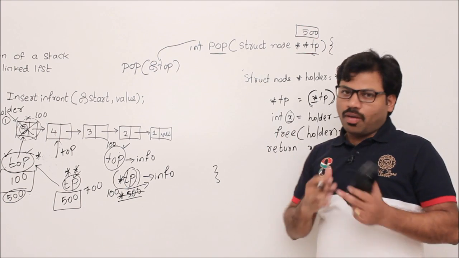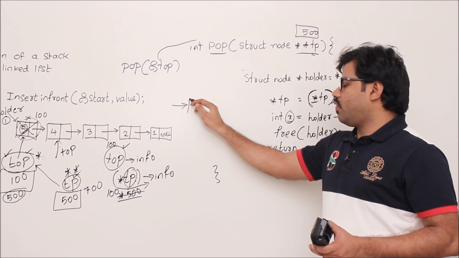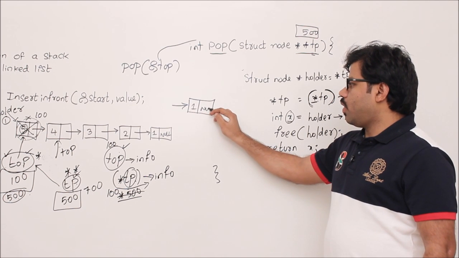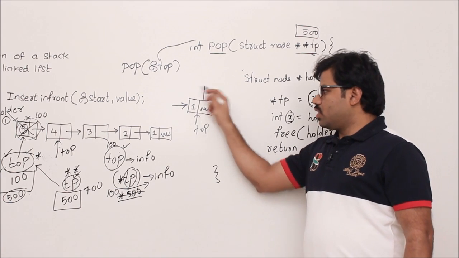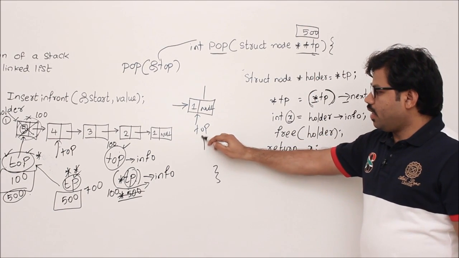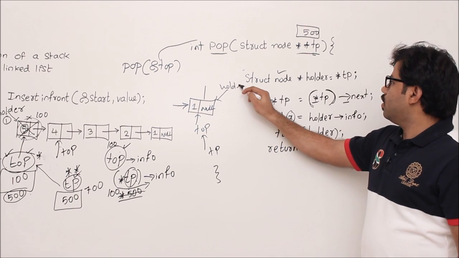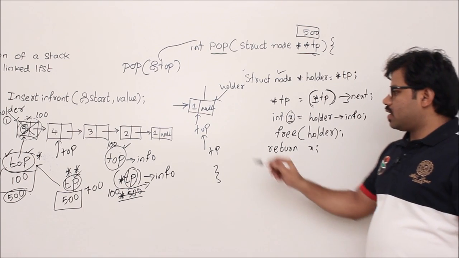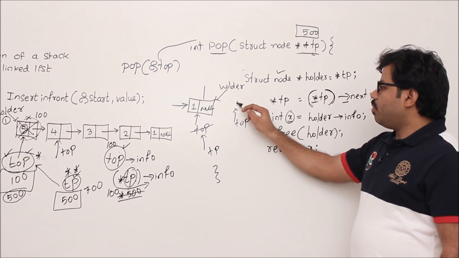Now we have to check whether this pop method works for all cases or not. That means if you have only a single node, whether it works or not, we'll see what happens. There is only one single node in the linked list, that is 1, and the pointer is null. Let's blindly execute it. What is top? Definitely this node's pointer. Let's begin. First step, we are going to take its pointer, TP. Then we create holder. Holder is going to point to what? *TP, that means top. After that, *TP = (*TP)->next. *TP means top, so top = top->next. Then top will be modified.